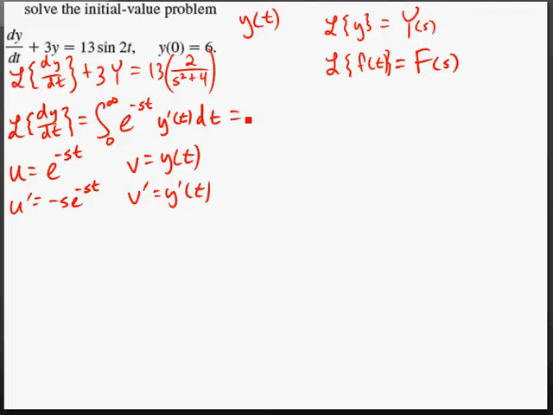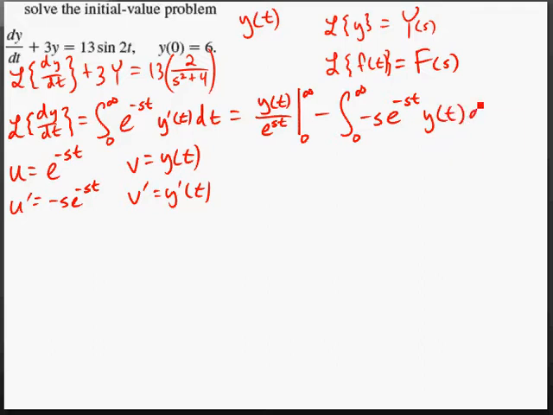Now, using integration by parts, we plug in: u times v is going to be equal to, simplifying a little, y of t over e to the st. All I've done is multiply these two and write this in the denominator with a positive exponent, evaluated from 0 to infinity, minus the integral from 0 to infinity of u prime times v,